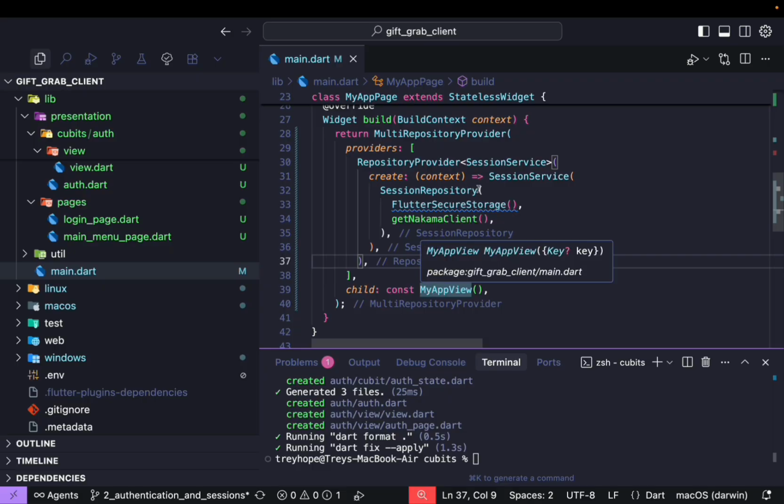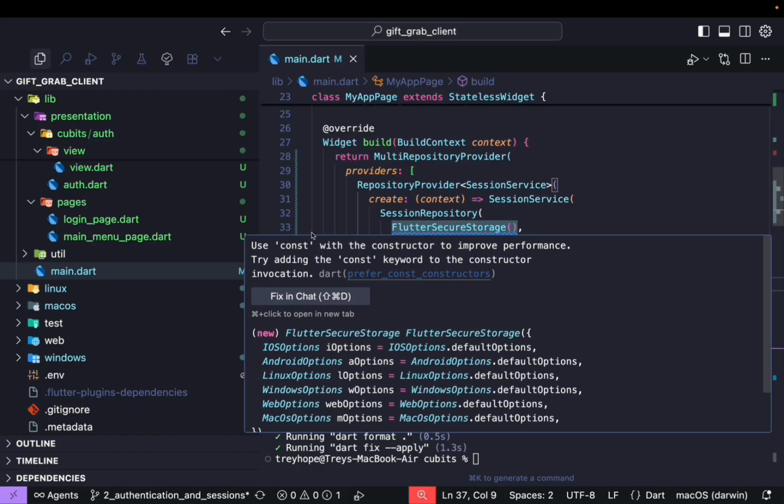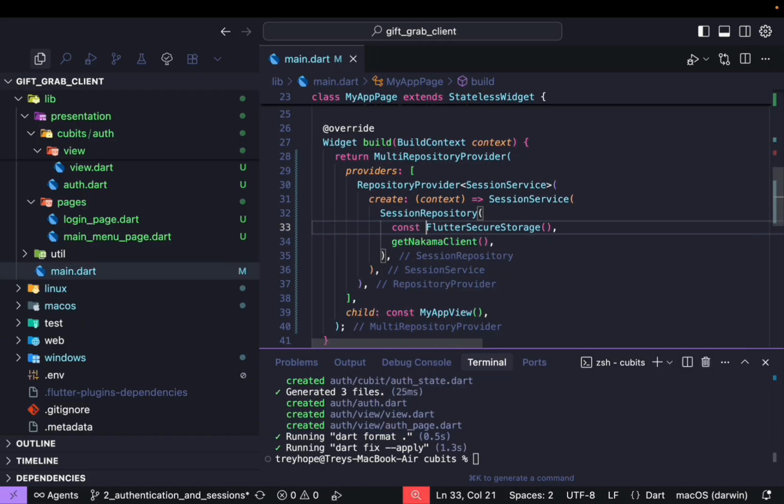All right, this looks much cleaner. So we have, let me add a const to this. So right now we're injecting the session service first. So that's good. And now we need to inject the auth qubit. And we do that by